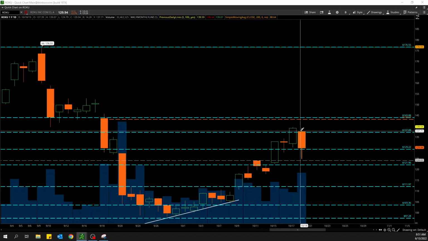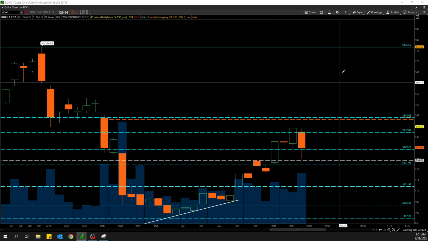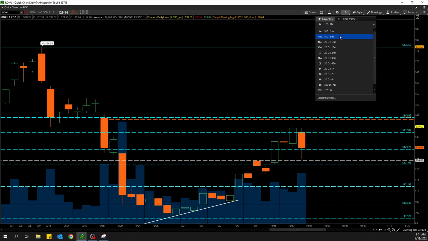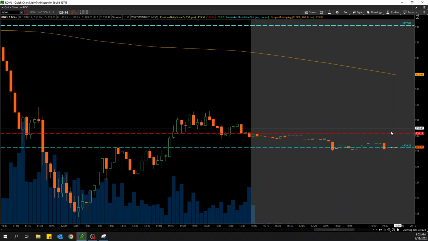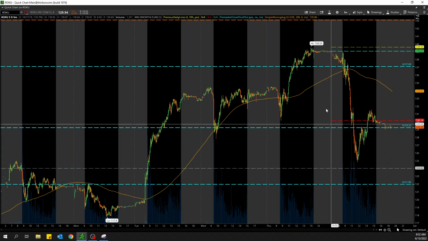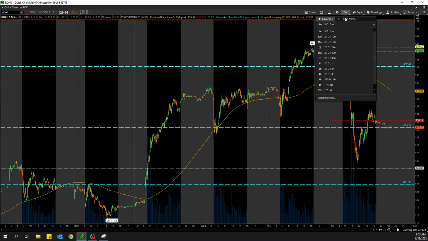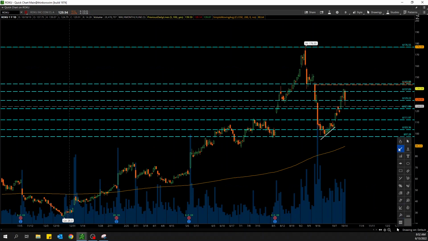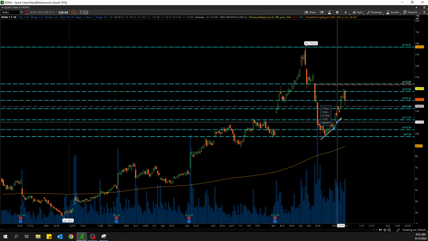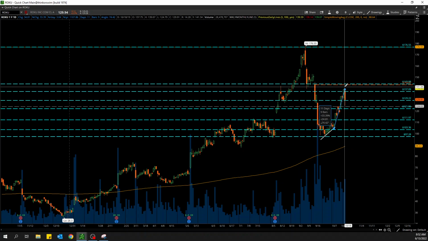And then we get a rejection off of the support. So it gapped down that morning. And this is probably longs taking profit. Why is that? Well, let's look at the daily. We had a nice little rally off this key area all the way back up here, which was